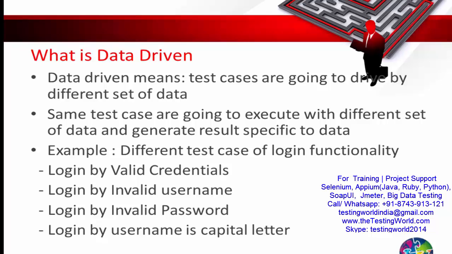Say I'm executing my same test case with 10 different data sets. For the first 7 data sets, it passes, and for the last 3, it fails. So in the result, we are going to see 7 passes with the data set mentioned in front of each, and for the 3 data sets, it fails. So we get results specific to the data, showing for which data it passed and for which data it failed. So data-driven means test cases are going to execute with different sets of test